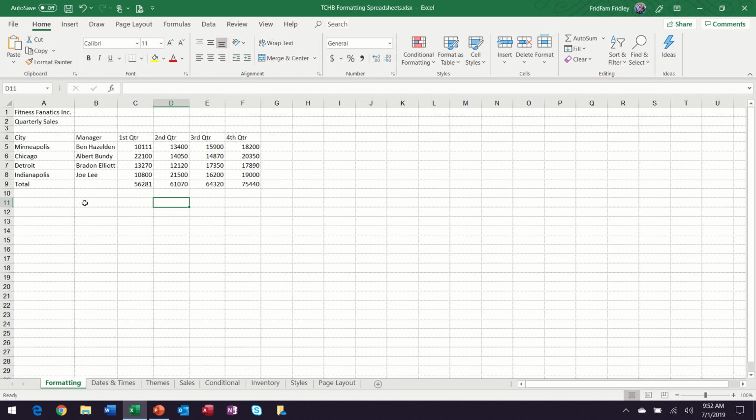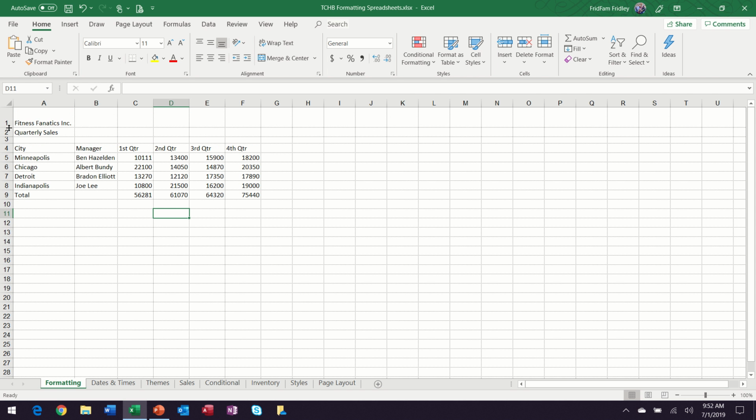You can also change your row height as well. So I'm going to go ahead and pick on row 1. I want that to be taller. So I'm just going to go right underneath row 1, and then I'll get that same line divider and just drag, and then that will change that row height. So you can make it really big,